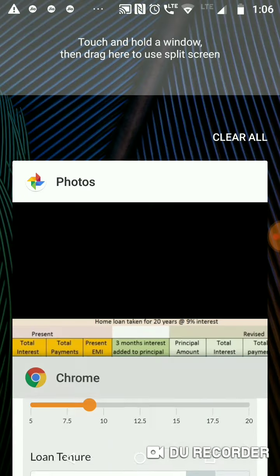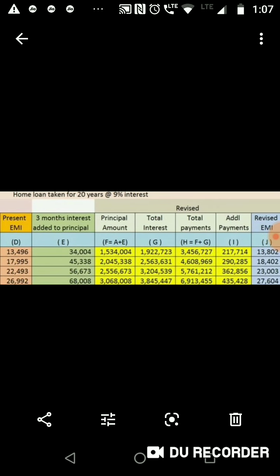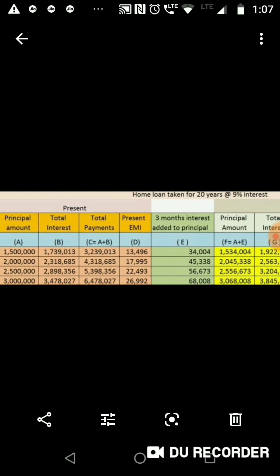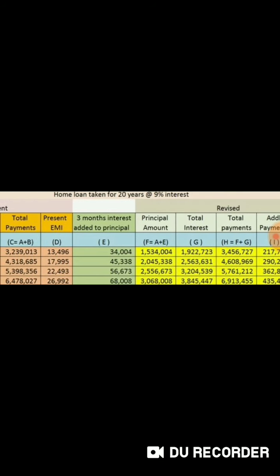So now you are paying for 15 lakh, you are paying additional payments. You can see in the I column you are paying 2,17,714 rupees extra to the bank at the 9%. If you assume that 9% interest is the home loan. Suppose if you are taking the loan as 30 lakh home loan, then you have to pay 4,35,428 rupees to the bank extra if you are utilizing this moratorium benefit,